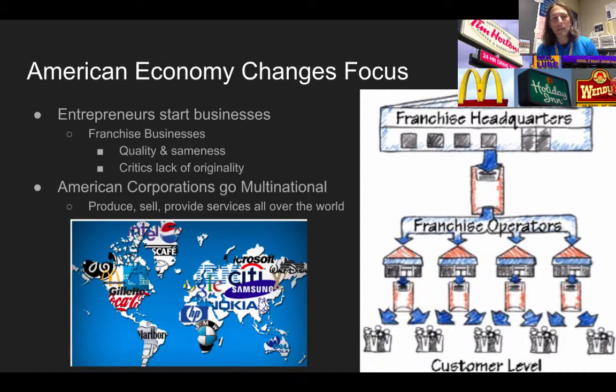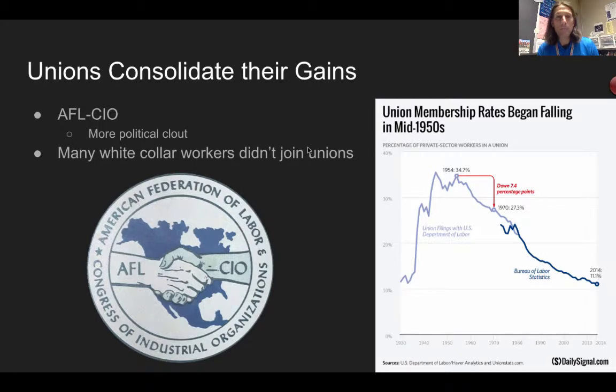And the other thing is Americans are producing half of the world's goods. What's going to happen is we are going to see more multinational corporations, these companies that are going to have headquarters and offices all over the world, and that's this global economy that began a long time ago, but it's just accelerating and getting much bigger as we go.